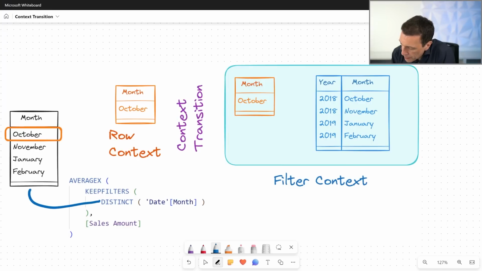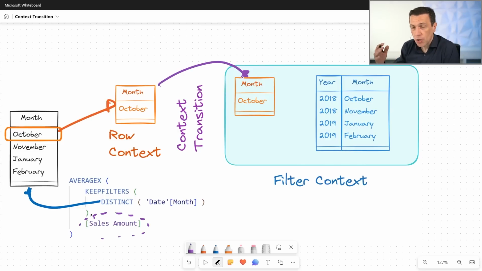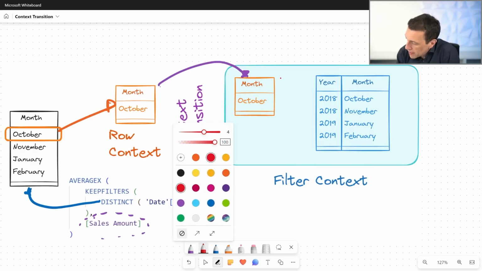So DISTINCT month produces a table that has 4 rows. Then for each row, we have the row context. So let's consider the first one, maybe with the right color, orange. So let's go back here and let's use the right color here. We have the row context, then we have the context transition produced by the measure reference, and the measure reference moves the current row context into the filter context. And one important element is that at this point, we would expect this to happen, right? We would expect this